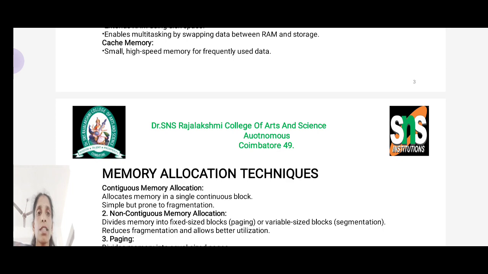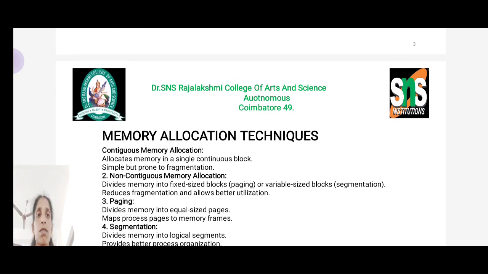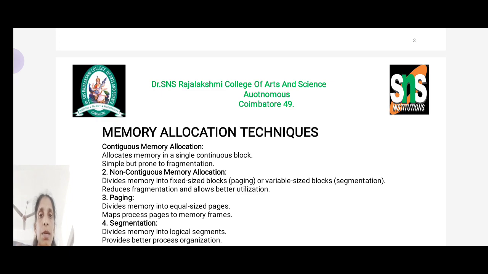Non-contiguous memory allocation divides the memory into fixed blocks, known as paging, or variable-sized blocks, known as segmentation. It reduces fragmentation and also allows better utilization. The next allocation technique is paging. It divides the memory into a number of equal-sized pages. Those pages we call frames. For example, if a process is 16 kilobytes, then the memory space will be divided into 16 equal frames. In each frame, 1 KB of the process will be stored and executed